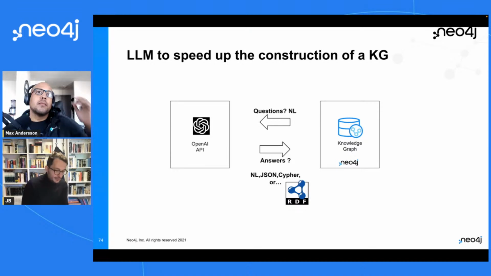Of course, we've all seen it returning amazing natural language explanations, but we're going to explore having it return more structured responses, like in the form of things like JSON, Cypher,